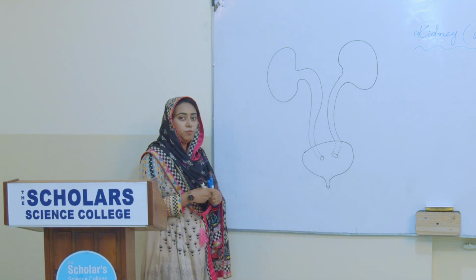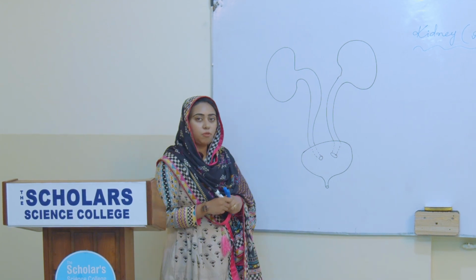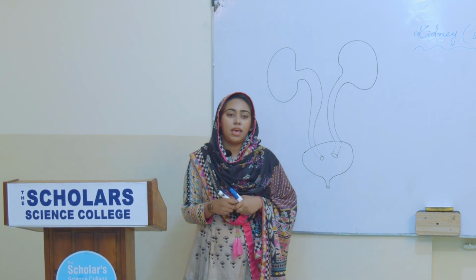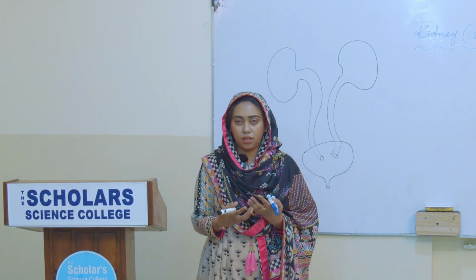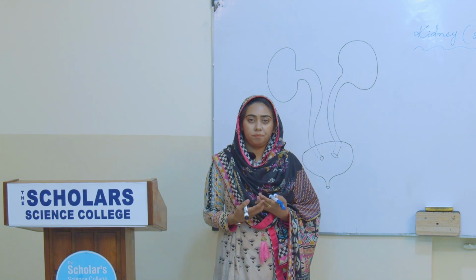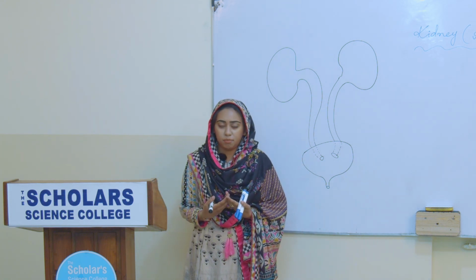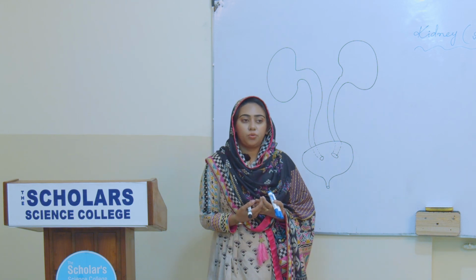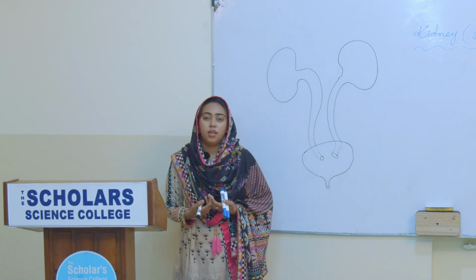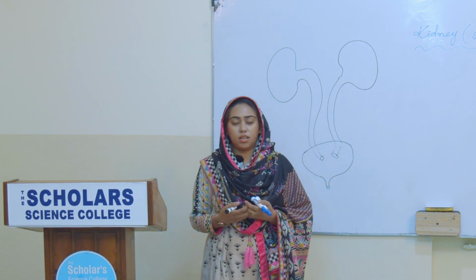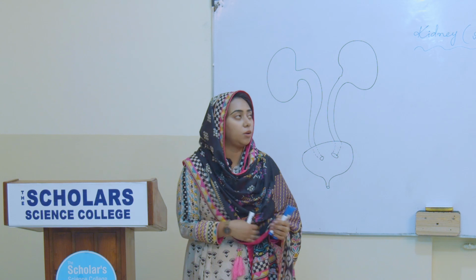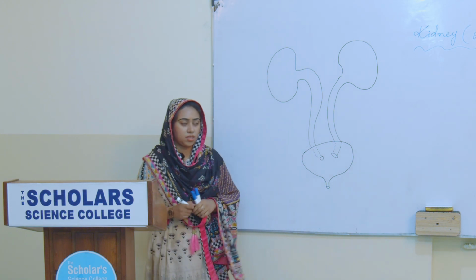So while talking about the excretory system of human, we have talked about that it consists of 4 components. One, we have a pair of kidneys, ureters are there, and then there is the urinary bladder, and afterwards we have an opening which is the urethra. This urethra is close to the vagina in the female, while it is a bit longer in the male, and it is surrounded by the prostate gland. So we discussed all these things.